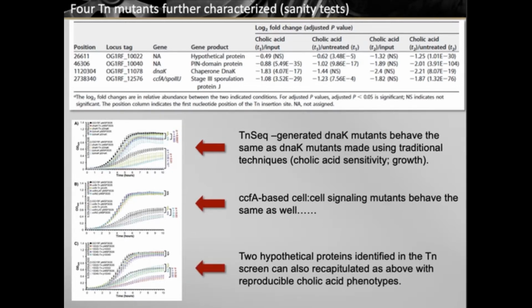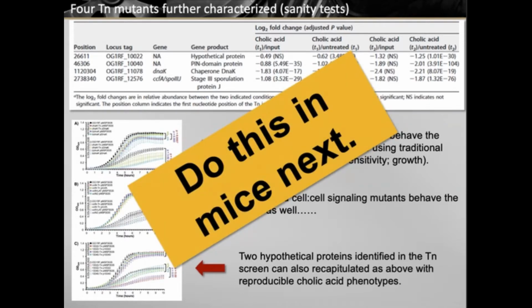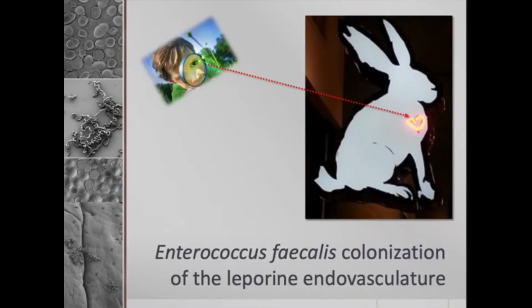Okay, that's excellent. Now we're going to do this in mice. That's the next step, because we know that they should be different in mice versus in vitro. Now that we've done the sanity checks, we can actually move on and do that part. Okay, so that's the GI tract stuff. I've left out a lot of stuff just for time, but I want to have time to get to this